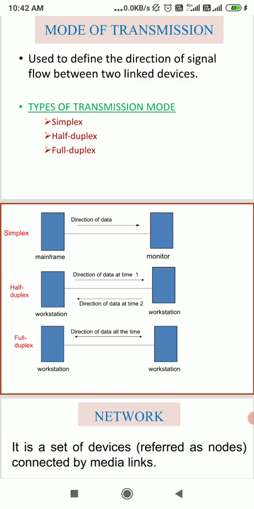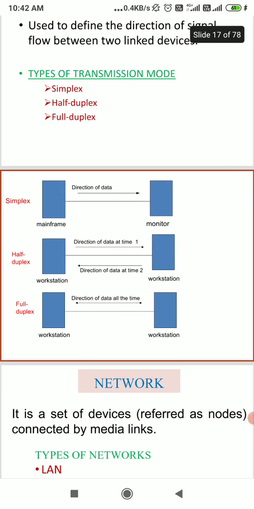क्योंकि जब भी हम डेटा ट्रांसफ़र कर रहे हैं, we are transferring data, but वो डेटा एक ही डायरेक्शन में जा रहा है या टू वे है. जैसे now I am talking, but if you will also give a response, what will happen, you will ask your query, you will share your opinion. That time we will say I am also giving information, you are also. So that is nothing but two way. Now only I am talking, you will hear after that. So that is nothing but one way communication. So here we can say types of transmission mode can be simplex, half duplex, full duplex.